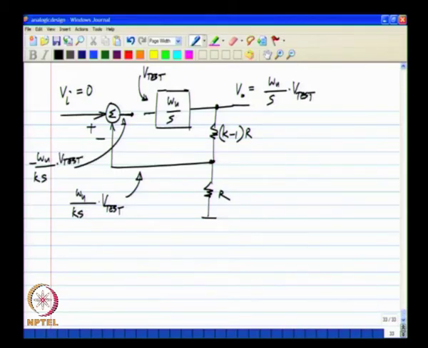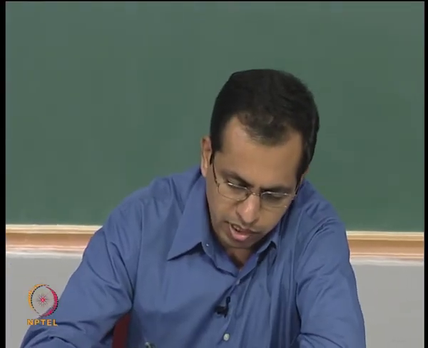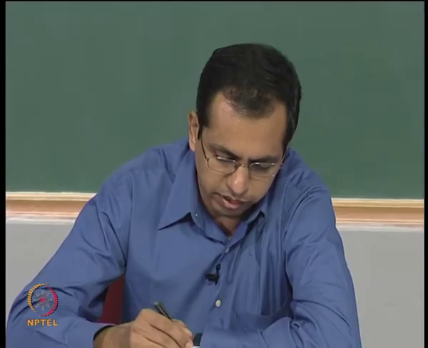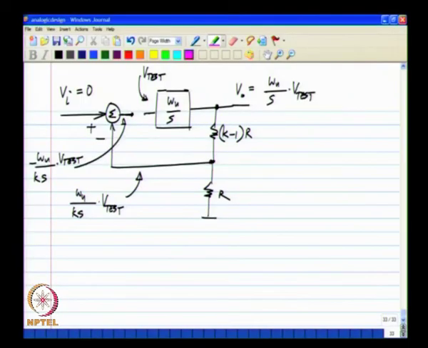Okay. Now, we are talking about a negative feedback system, which by definition means that if you apply something into the loop, something comes back to it, and here we have evaluated exactly how much comes back. I have broken the loop at the input to the integrator and applied a voltage V test. It goes around the loop and finally I get back an output which is minus omega u by k s times V test. I will call this V return, whatever voltage returns to the same point.